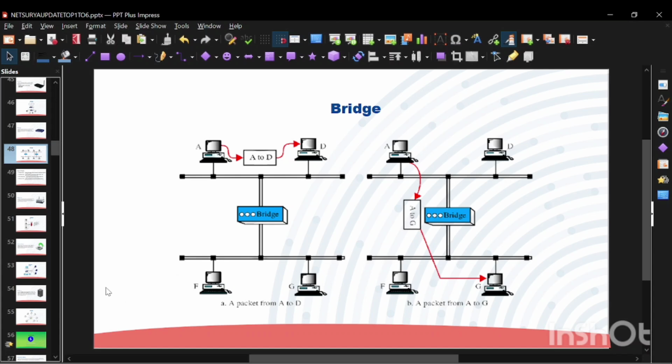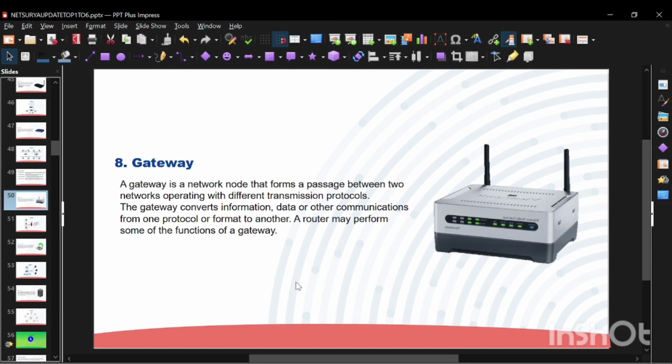Okay. Now come to the next topic. Okay, so what is a gateway? Imagine you are traveling from one country to another, right? Each country speaks a different language and uses different rules for driving, money, and communication, right? So you need a translator or guide at the airport who understands both languages and can help you navigate the new country's rules smoothly. So in networking, a gateway works like that translator or guide, and it connects different networks that might use different protocols, architecture, or data formats, and makes your data flow correctly between them.